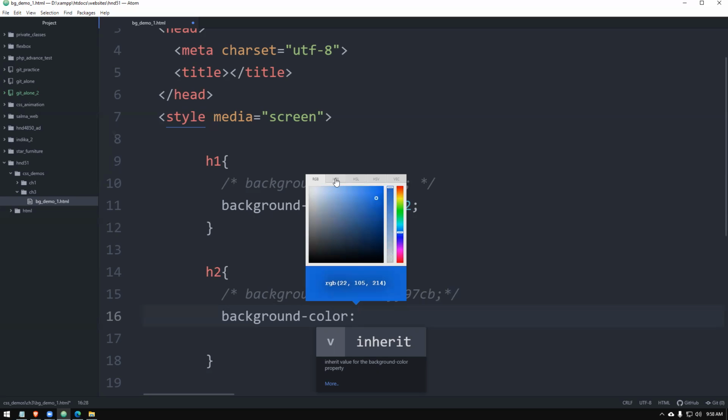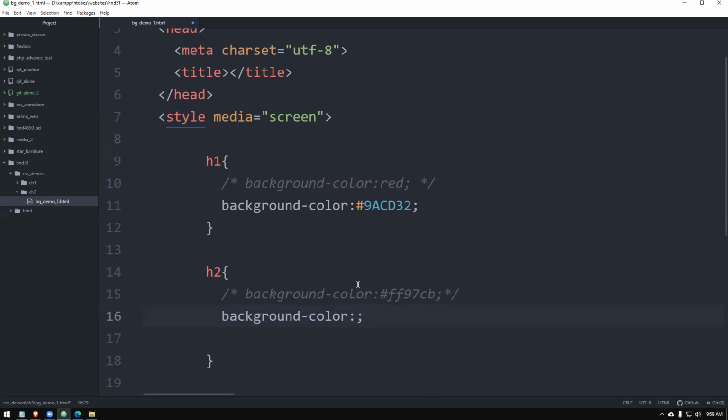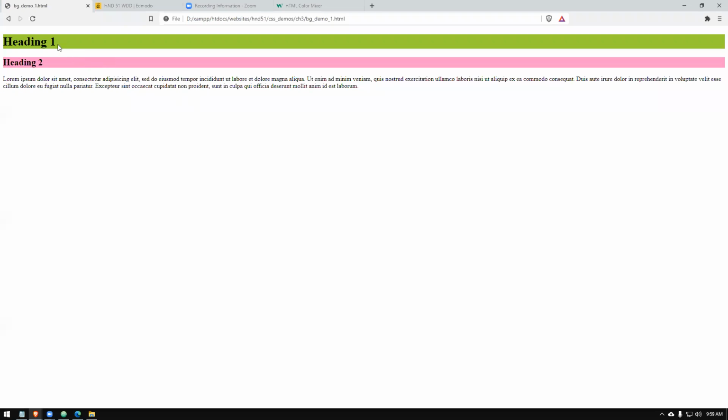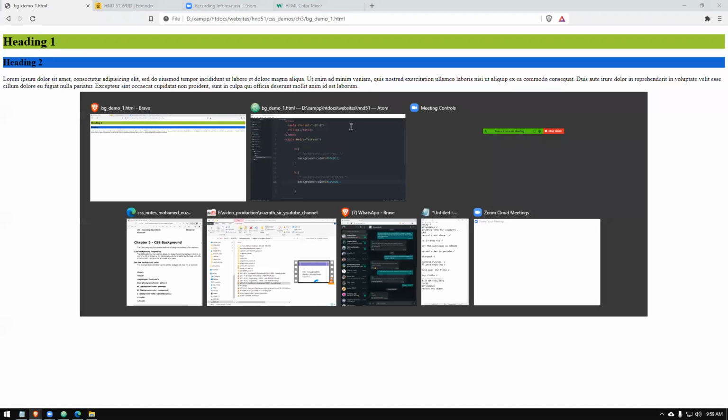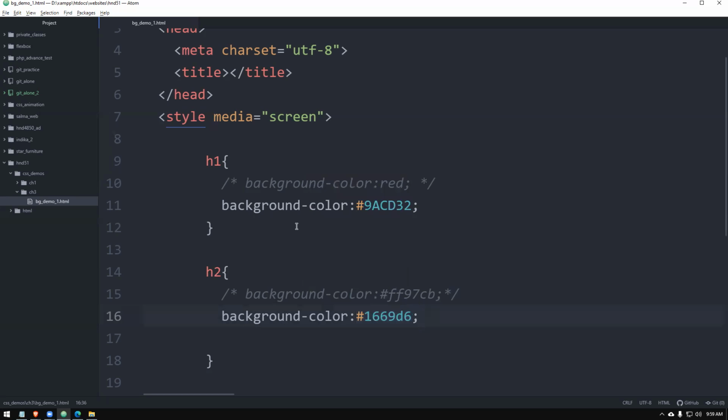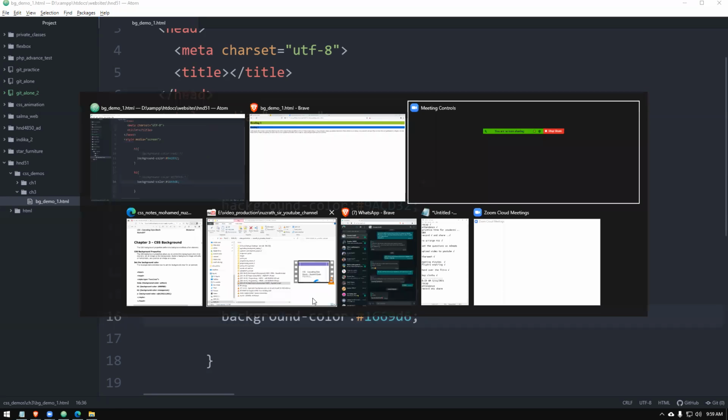So let's say we go for hex, that is hexadecimal values. Simply you just click here and type the, sorry, you type the semicolon here. Then you're good to go, right? That easy. That's so easy. So if you install that plugin, it's easy. Otherwise, you can use a software like that and you can do it, right?